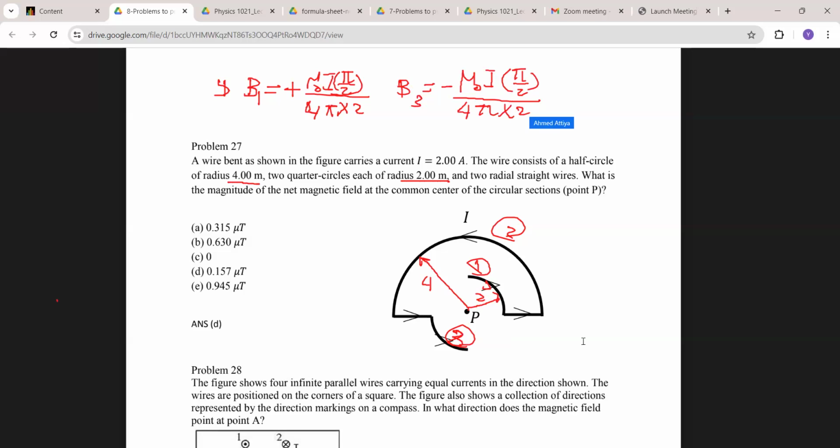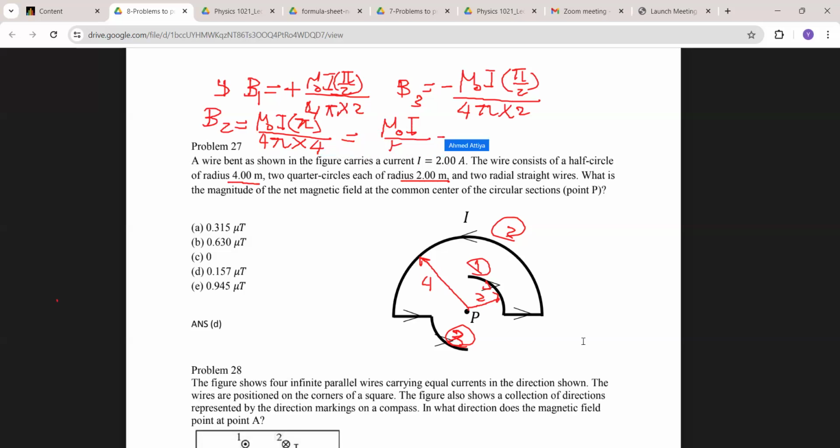So this will cancel this. So the remaining is V2. V2 would be mu naught I over 4 pi multiplied by 4. Pi will be eliminated with pi. So mu naught I over